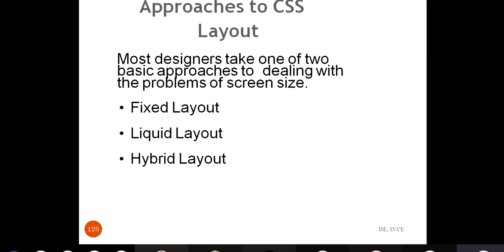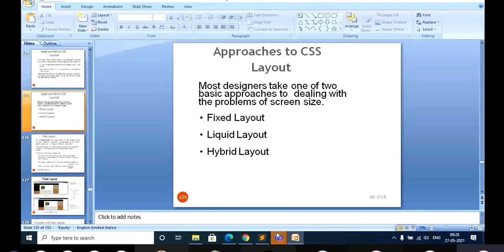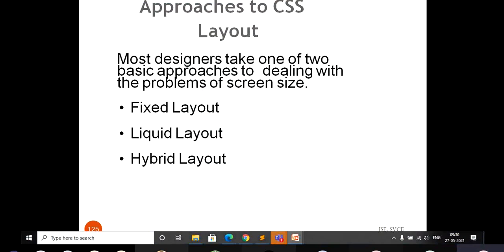And what is the problem with the fixed layout? I'm going to show some output with respect to this. How do we get the fixed layout? See, you should respond. Let me revise these three methods. In the fixed layout, whatever size you are going to create for the web page, you are going to fix it. The content where you are going to lay it down is going to be fixed.